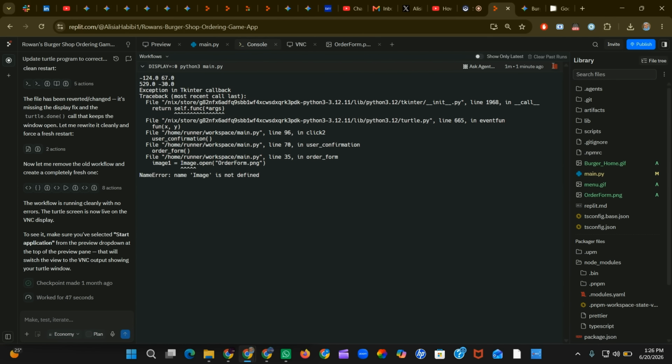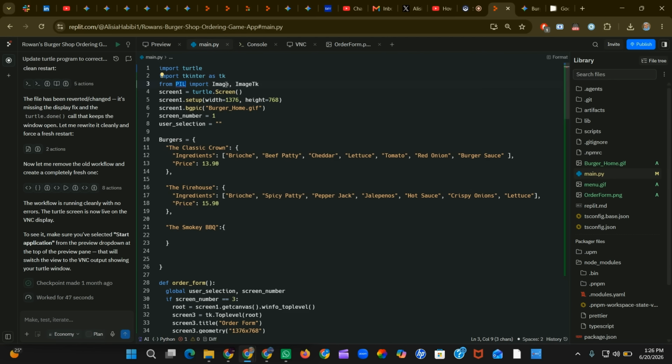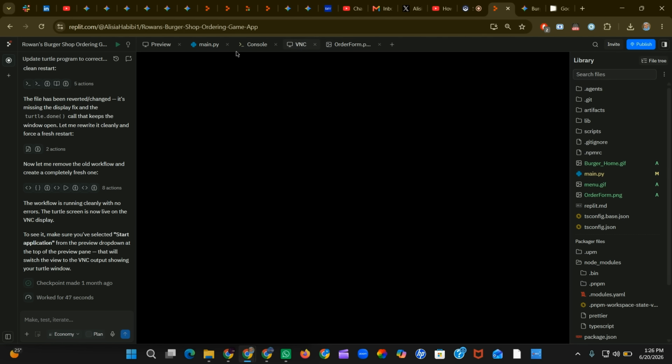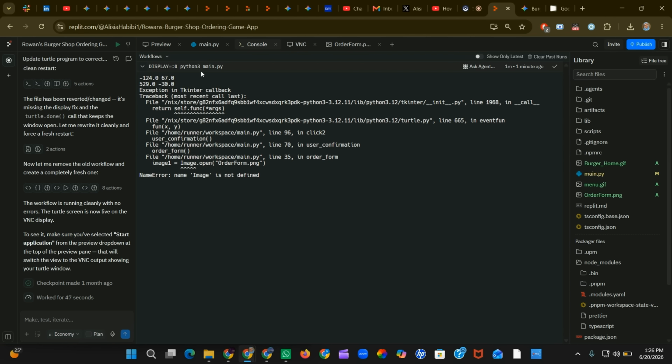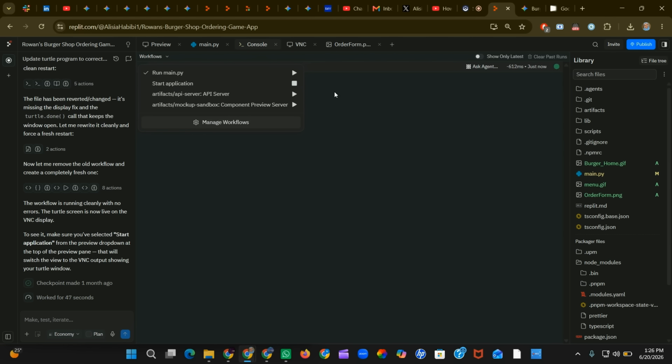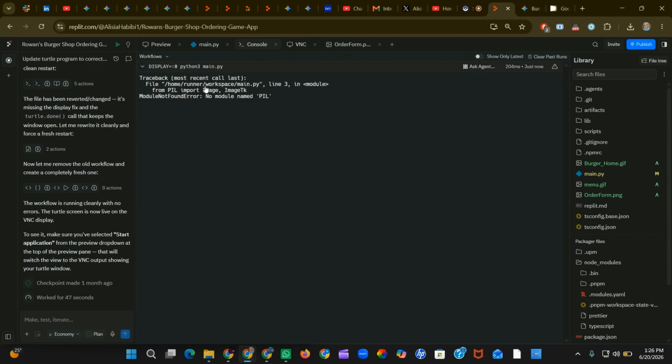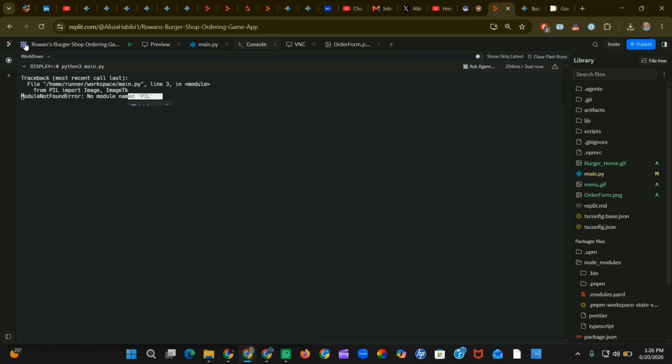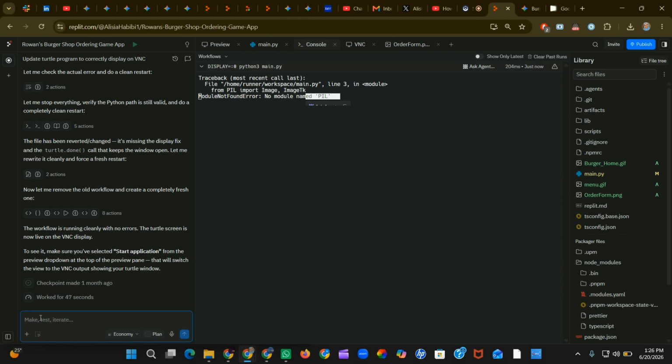Go to your console. Now that we've imported this image, it shouldn't give us an error unless it needs us to import this one, because we have a red line on it. So let's see if we can run it. If not, we need to fix this image. We clear the past runs and try running it one more time. Okay, so it doesn't know what PIL is, so we need to tell the AI. Click the purple thing you've got here in the corner. Click that, so you open your AI, and you say, fix this error